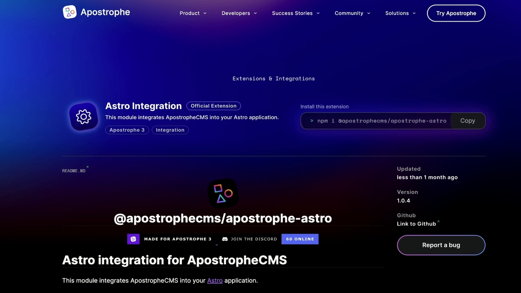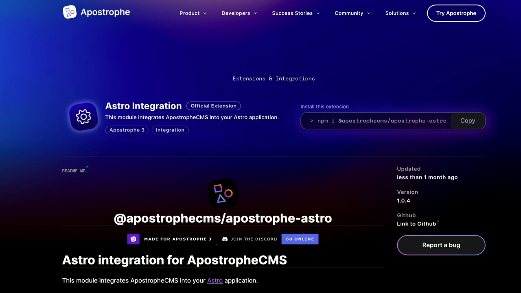But the even more exciting part of this integration is that it also delivers the entire Apostrophe admin UI to your Astro front end virtually automatically. So the modals for page or piece creation and editing look just like they would in any Apostrophe project. Additionally, this module allows for in-context editing, so you can add a rich text widget to an area and edit it directly on the page.